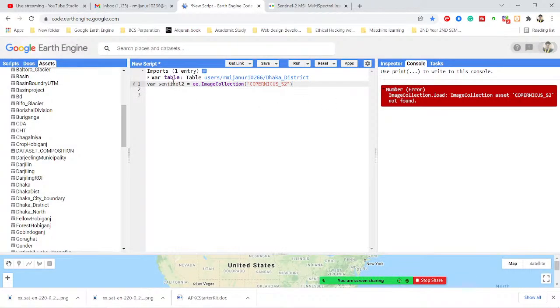You can see the default variable name is ROI, and I simply change this name. If you want, you can change it or not, it's totally up to you. I simply change it and give this name, ROI. Now I want to intersect this whole collection with my region of interest, this boundary shape file,